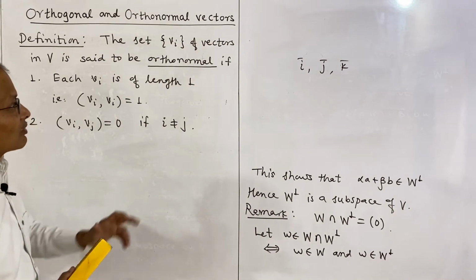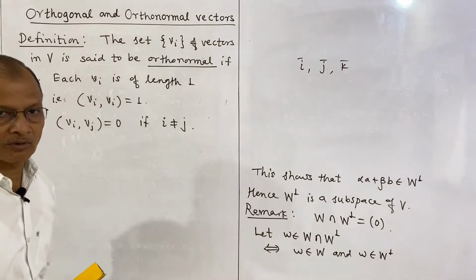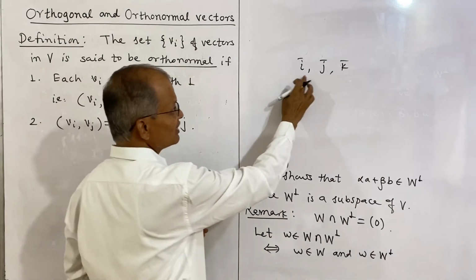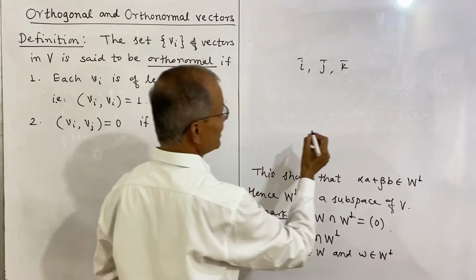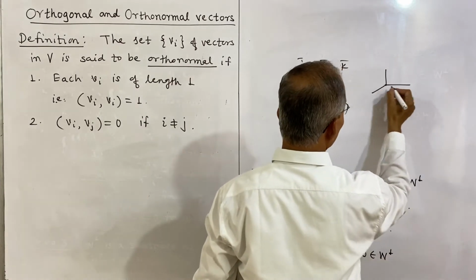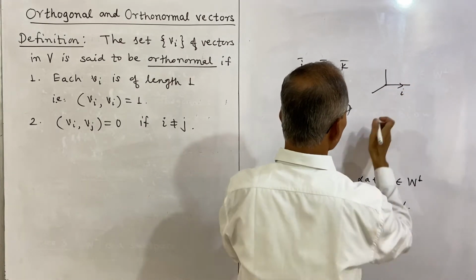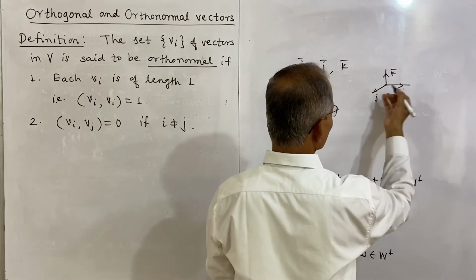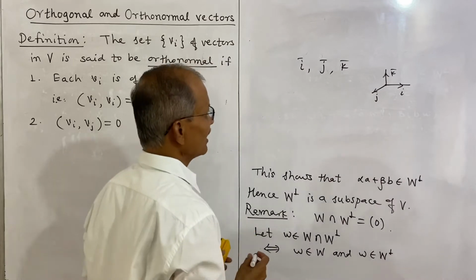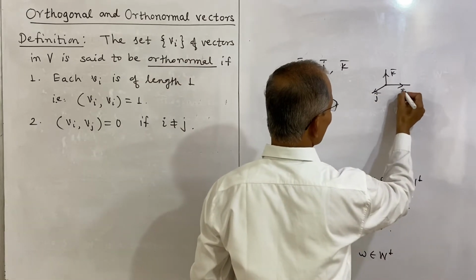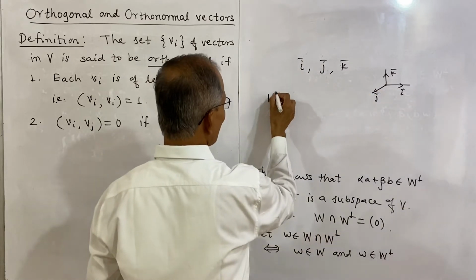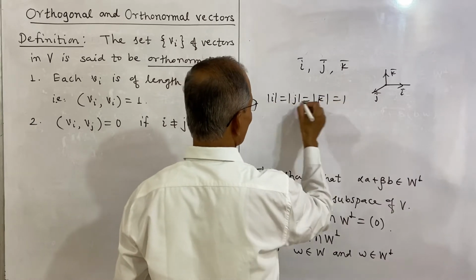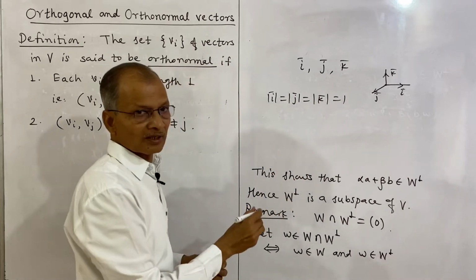So these are orthonormal. These vectors are also orthonormal because they satisfy the first condition. The length of each vector is 1. These are unit vectors, each having length 1. So suppose this is i, j, k, vectors along the x, y, z axes. Then they are mutually perpendicular, so the length of each vector is 1, and further they are orthogonal